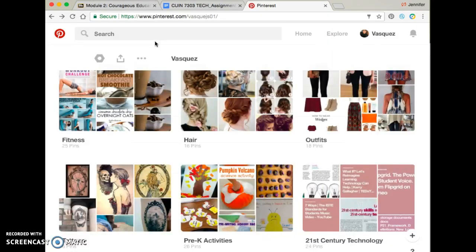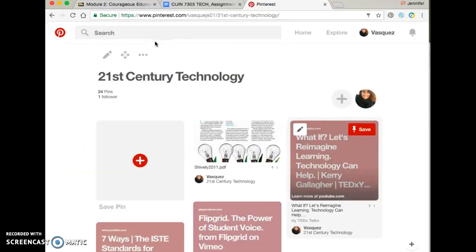As you can see, I created my board and it's on the bottom right corner called 21st Century Technology. I already began pinning many things that I liked, and I also pinned some of the things that I learned in class or created in class. When you open up my board, you can see a bunch of the pins I liked, and you can see that I liked a couple of things that I learned in class